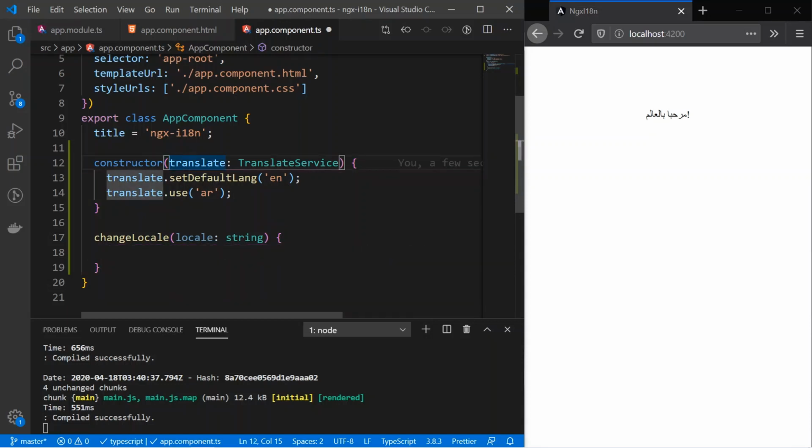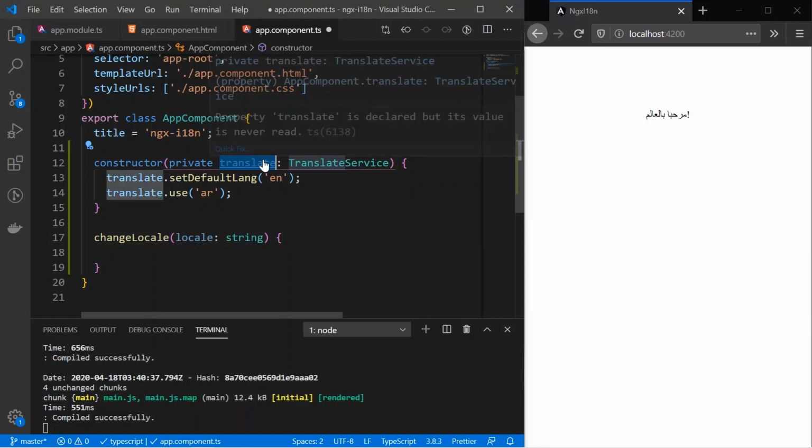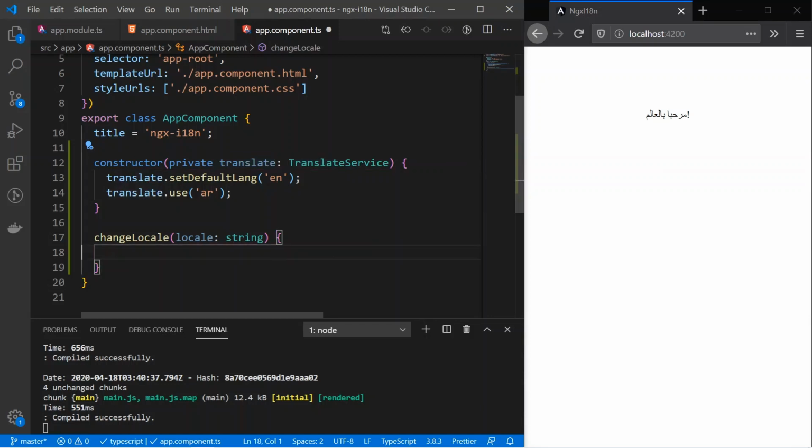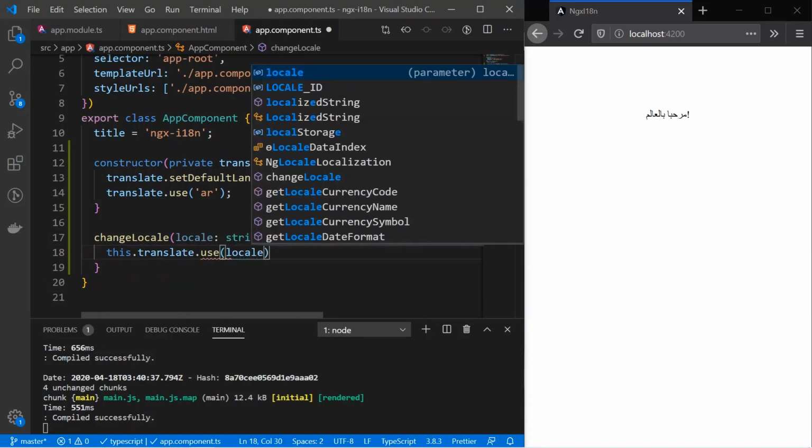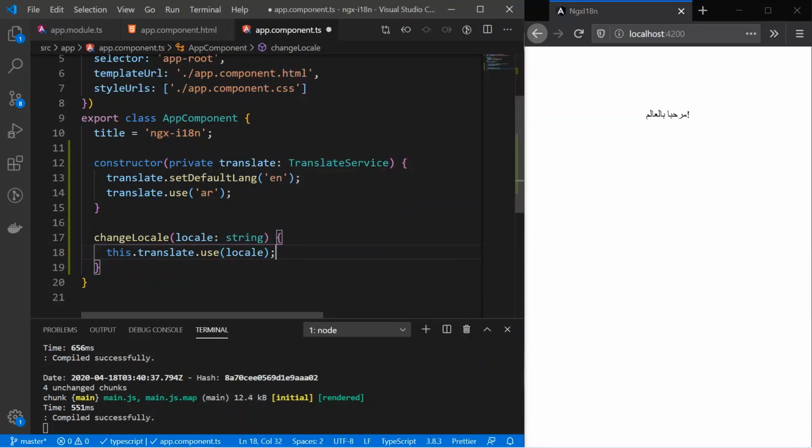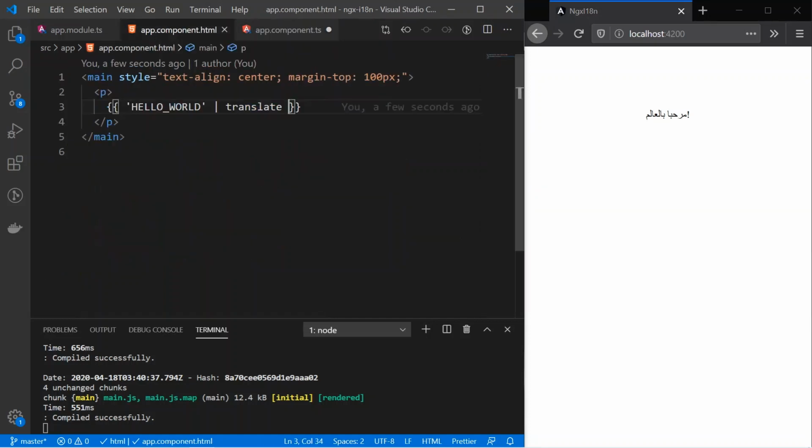So I'll make it private, so that we also have a variable outside this constructor. Okay, so you can use that translate.use with the locale. Okay, you can add validation here to check what languages you are supporting. Okay, and then we can use this changeLocale inside our HTML.